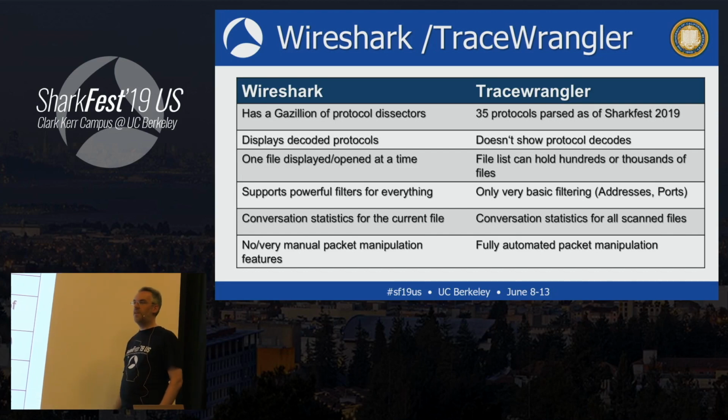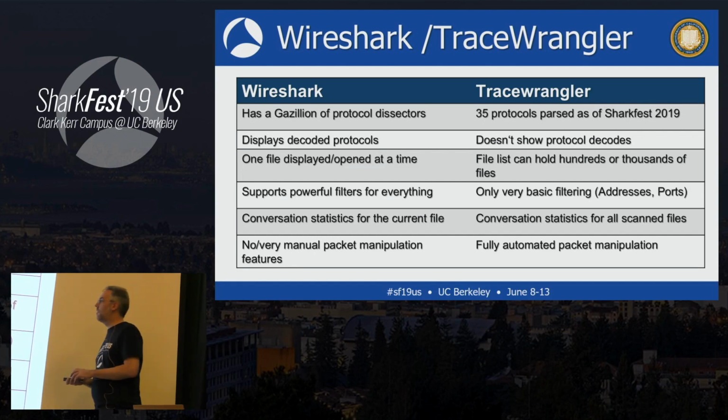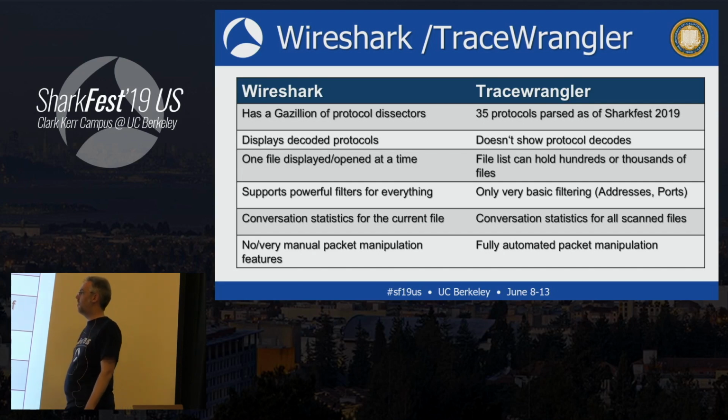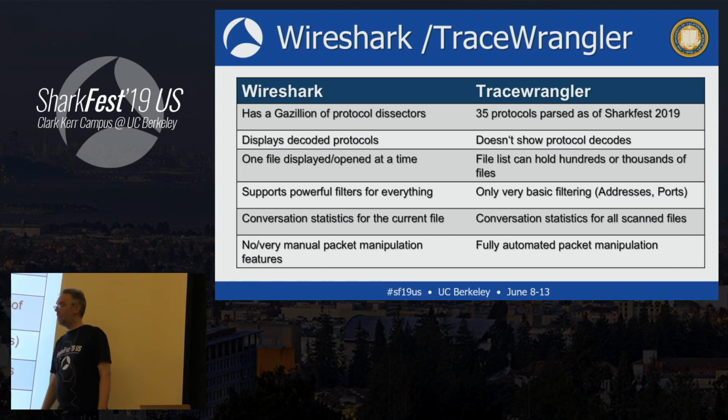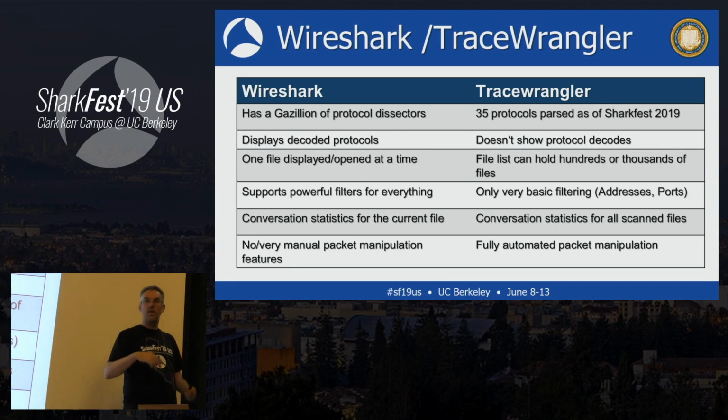Even decoding TCP can take forever if somebody builds in a new option and you suddenly have to decode that. So it's not that fast. It's the most important ones, of course. Wireshark can display decoded protocols. TraceWrangler doesn't. It just works with them, but it doesn't give you the tree and all the decoded fields and stuff. But TraceWrangler can hold a list of hundreds or thousands of files,